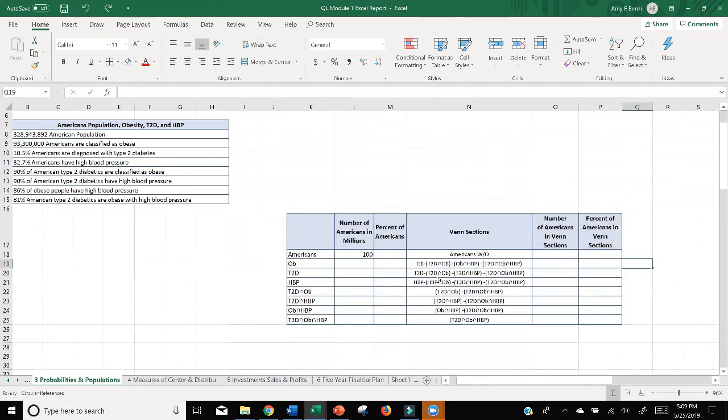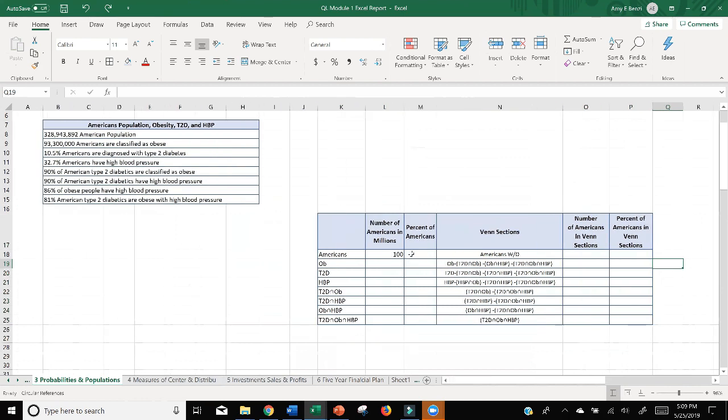Okay, no problem. So 100 Americans. Well, then we have what percent of Americans? Well, that's all of the Americans, right? So we don't need to put anything there. That's 100% of the Americans. Now, it says that